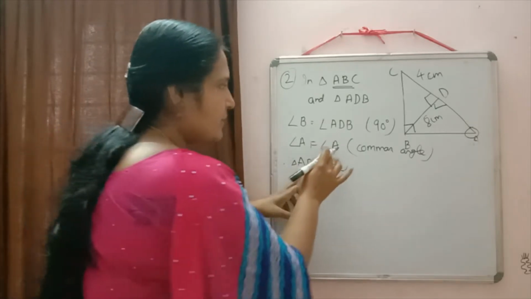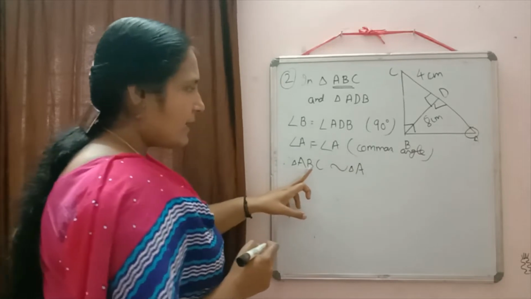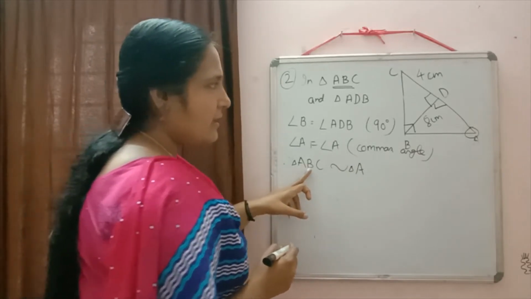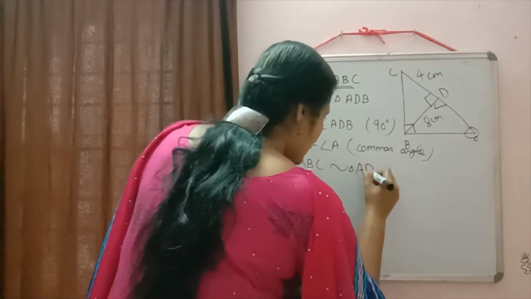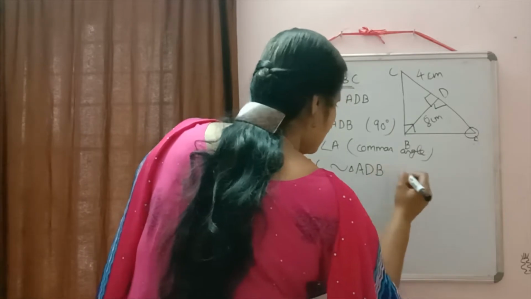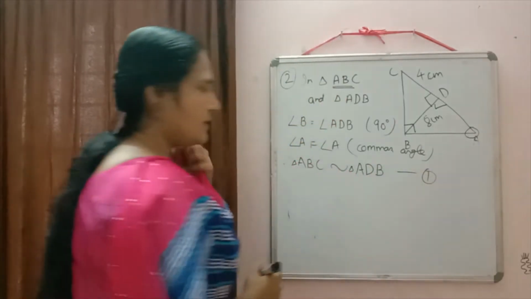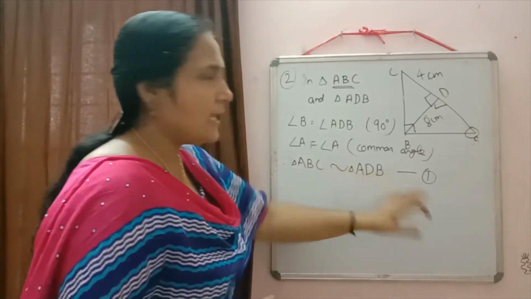Angle A is equal to angle A only. So A only will come there. Then angle B is equal to which angle? Angle B is equal to angle D. So D only should be written. And then which point is left? B. So naming will come in this way. Equation 1 you can write down there. Triangle ABC similar to triangle ADB.